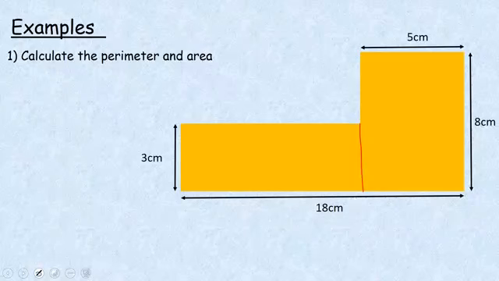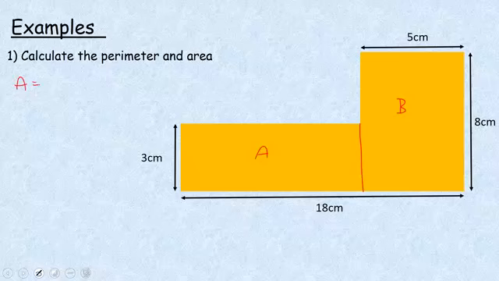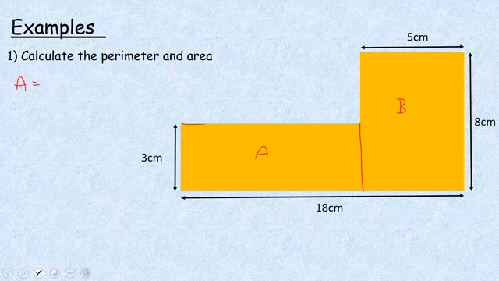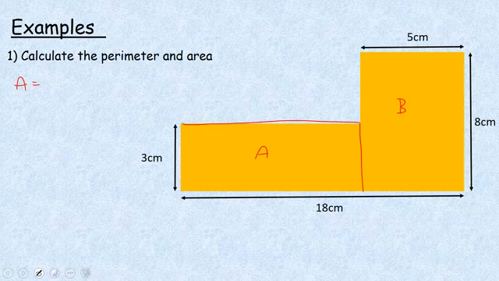Okay, and I can call this A and this B. So my area of A, I can see the height is 3, but I need to know what this length here is. Okay, so if I look at the entire width of the shape, I can see that it's 18 centimeters. So the width of A must be 18 centimeters